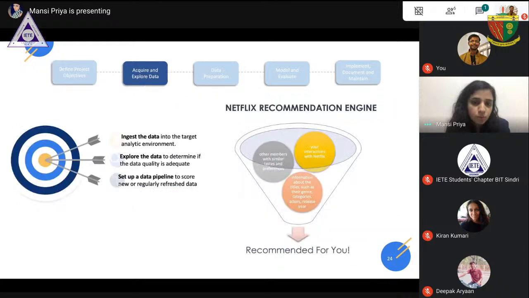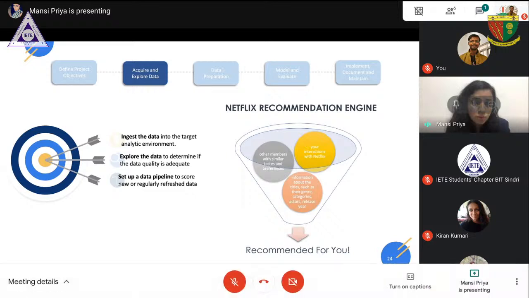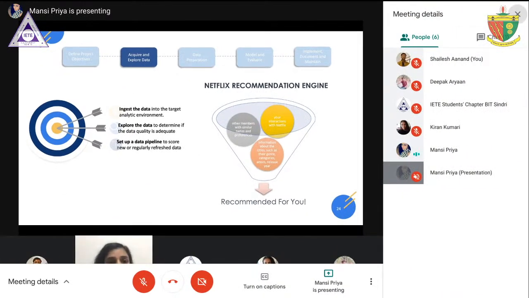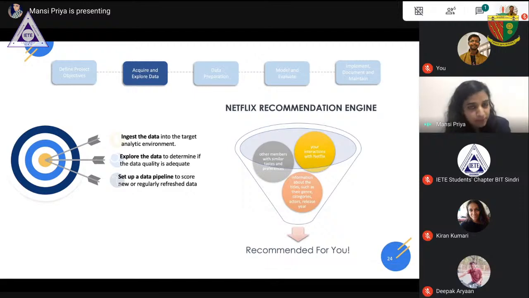Now let us come to the next step, that is acquiring and exploring data. Now you have understood your objective and what you want to achieve, and you know about your data. Now you need to collect the data and understand what data is to be used and what data is not to be used. There would be several different kinds of columns and data that you would get. So try to understand the data in this particular step. That is very important, because if you don't have the understanding, you will not be able to achieve a nice interpretation of the data and the modeling in the further steps.